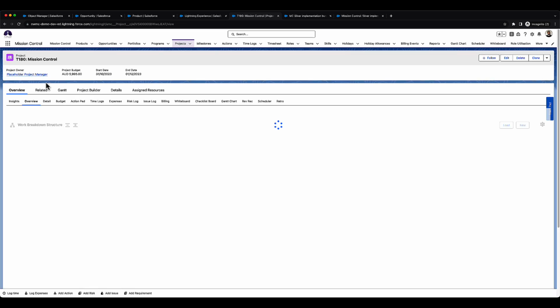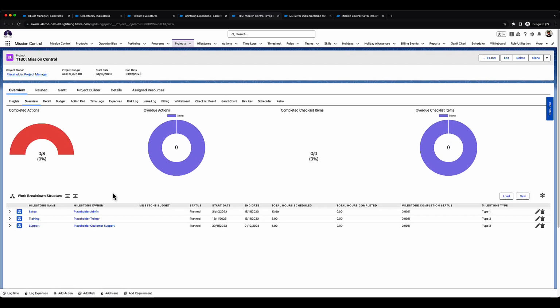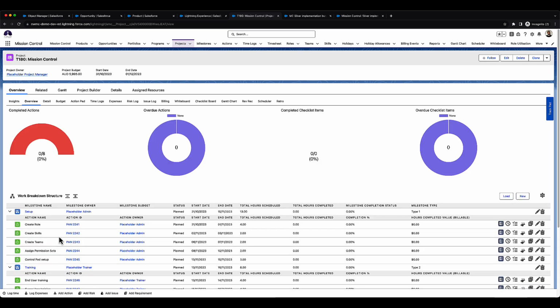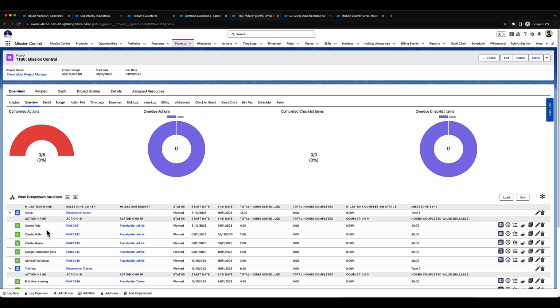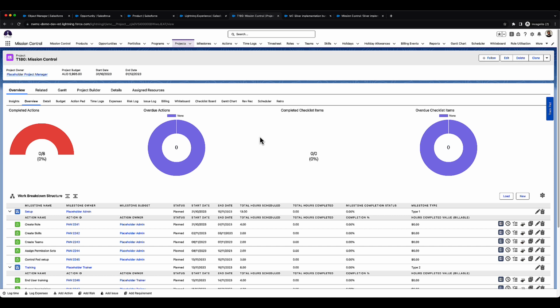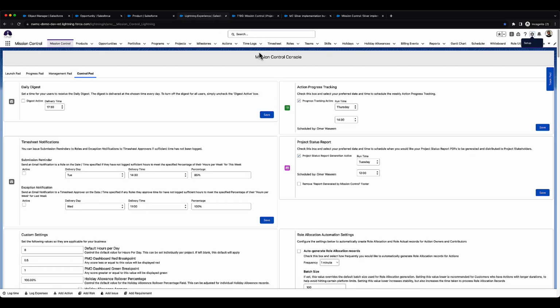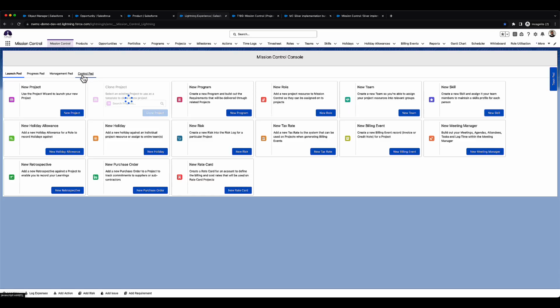Because we used the Silver implementation bundle that had 3 different milestones, I've got those 3 different milestones along with the actions. There's a few settings in the Mission Control console. So if you go to the Mission Control console and then the control pad,